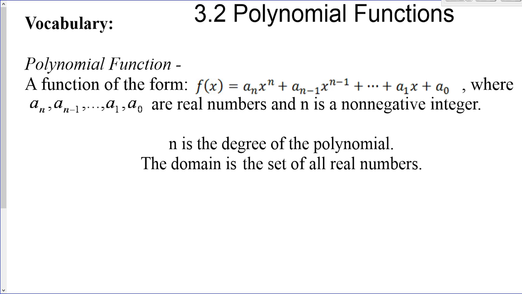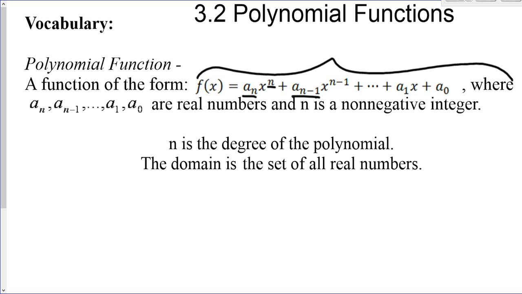All right, Mathletes, 3.2 polynomial functions. So a polynomial function takes this form where we have no x's in the denominator. We have no x's under a square root or to fractional powers. All our x's are to powers, and we put our highest power first, and typically they're going to have coefficients